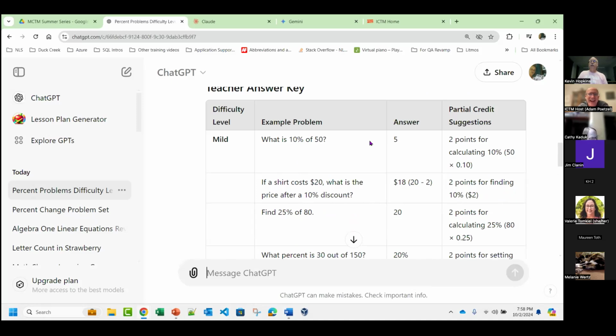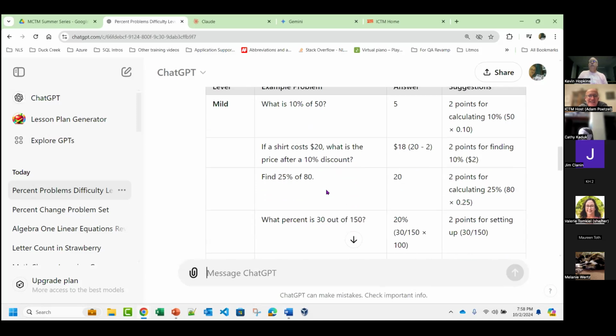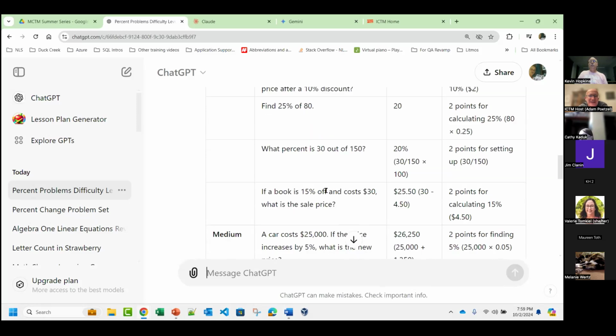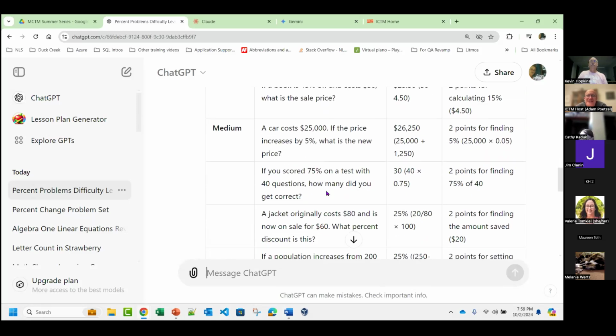Yeah, I really get that. Recognizing the 10% is 0.10 or something. Yeah, the partial credit, it's tough because there are so many options for partial credit. But we do have a teacher answer key. I was curious about the answer key, so I kept it in the same format. And just as a teacher, you have the answer key there. And yeah, I mean,